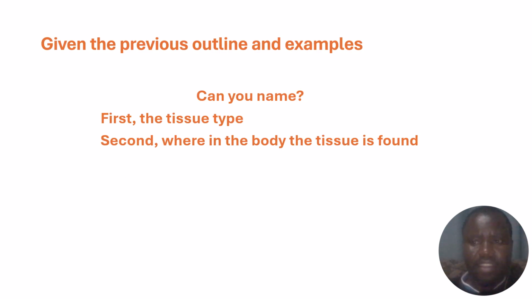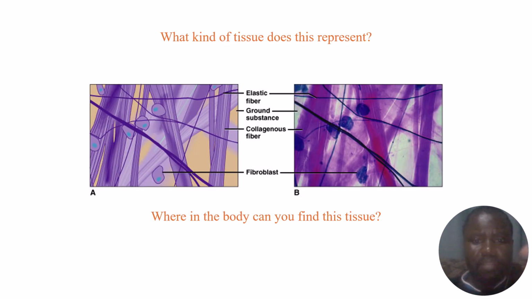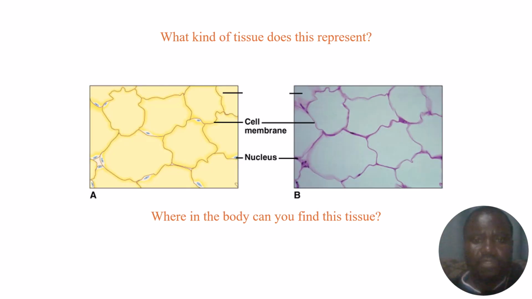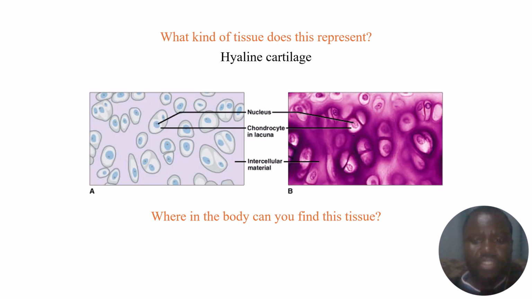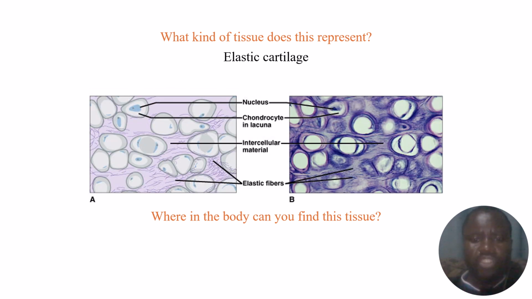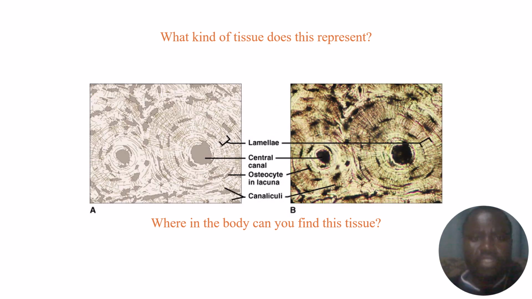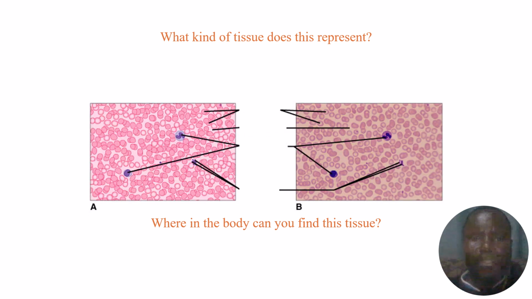Otherwise, this is the end. You can use the slides at the end to be able to check whether you have understood or not. You have these notes in Moodle, so check. You'll be going slide by slide to check what kind of tissue this is, what kind of tissue that is, until you are able to finish all these slides. You test your understanding, and then you see if you have